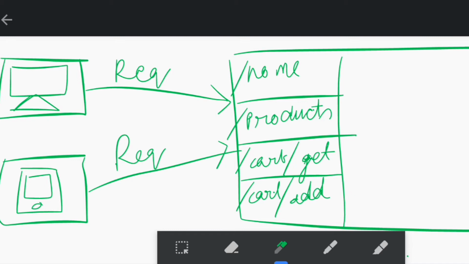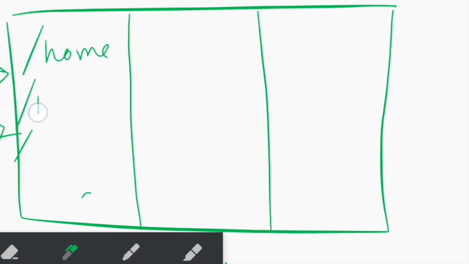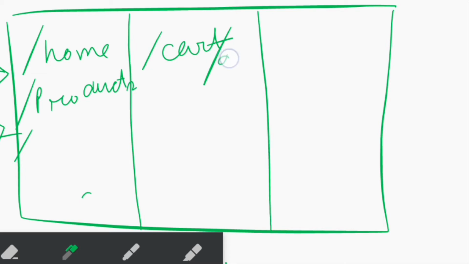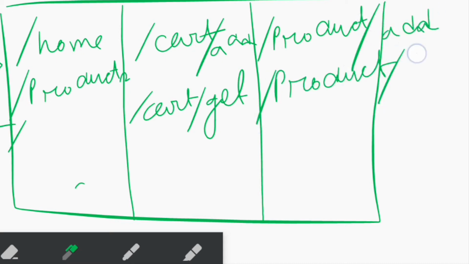Now, I'm going to separate this whole website into several components, like which needs authentication and which needs authorization. So here we have to split our application into three sections: /home and /products, then /cart/add and /cart/get, and then /product/add and /product/delete.